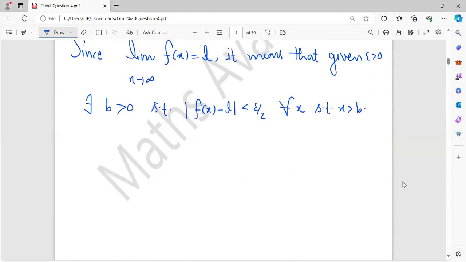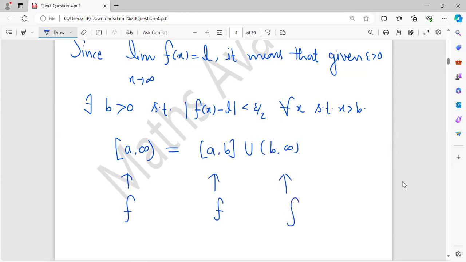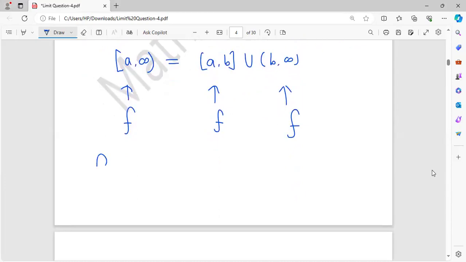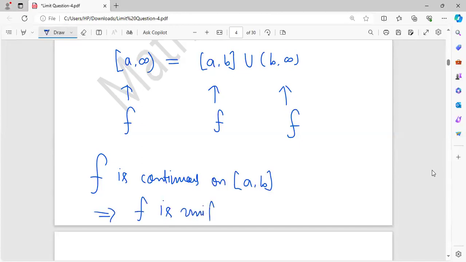Now my interval, the closed interval a to infinity, can be divided into two intervals: the closed interval [a, b] and the open interval (b, infinity). My f is continuous on this interval and also continuous on this. Now f is continuous on the closed interval [a, b]. This implies f is uniformly continuous